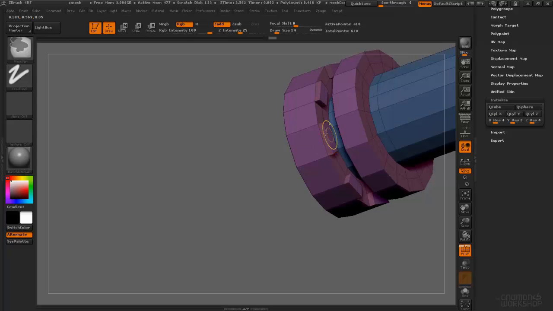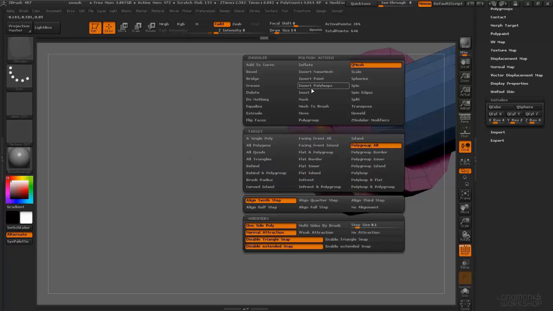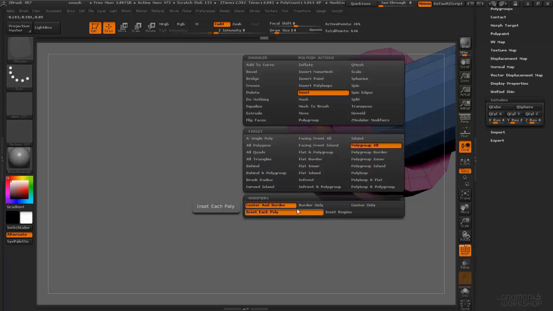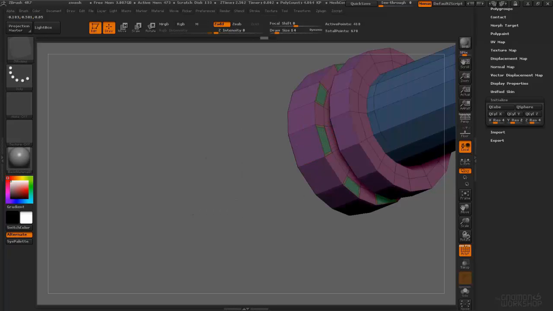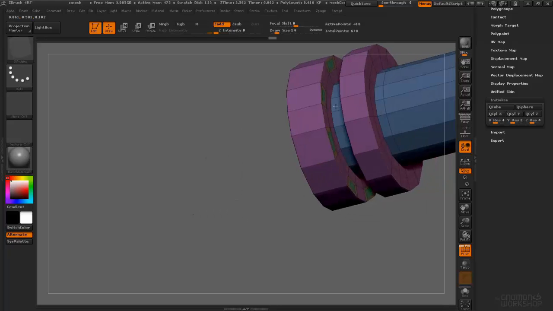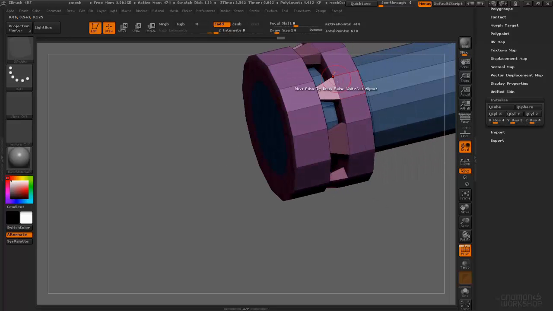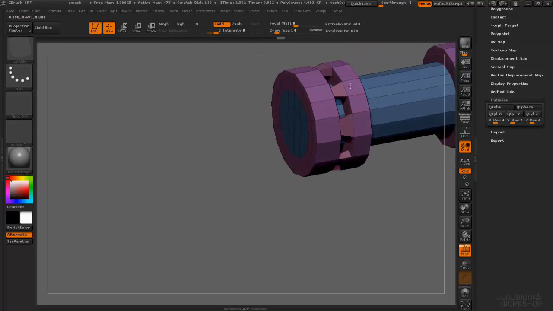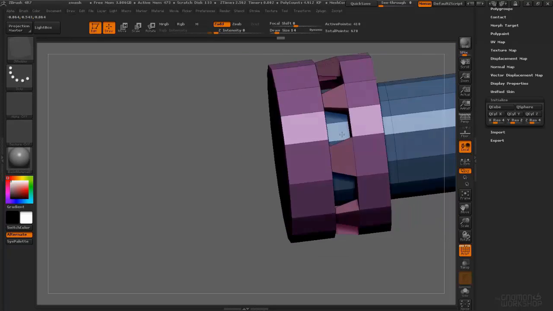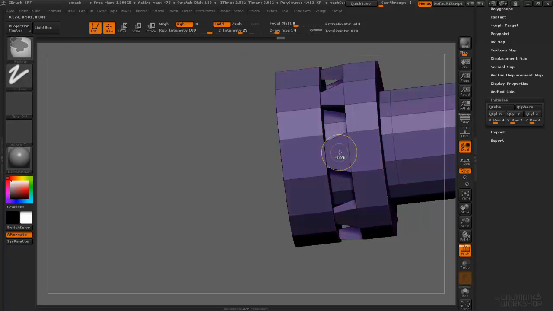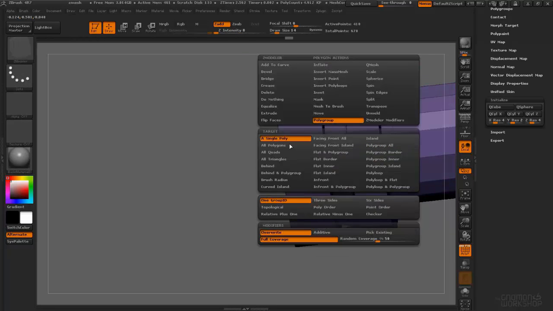Now, if I were to inset these faces, if I go to Inset, make sure it's set to Inset Each Poly. We inset these down, and now go to QMesh, bring this out. They will snap larger to fit the associated face. Now I'm going to go ahead and Control W to polygroup everything again, and let's just do